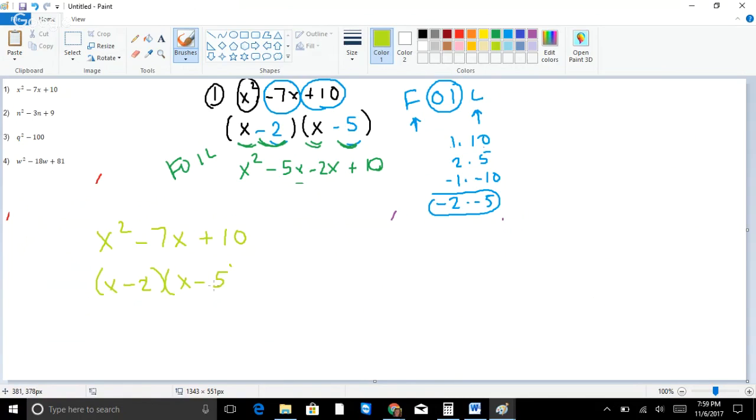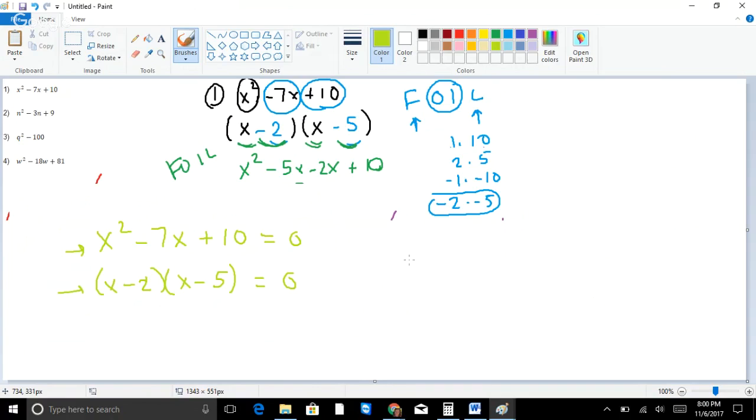Those are the same thing, right? This is in quadratic form. This is in factored form. What if I put equals 0 at the end? And all of a sudden I said, okay, now solve it. Tell me what x's make this equation true. What x do I put in that makes x squared minus 7x plus 10 equal to 0? What's true? So this is where that weird something times something